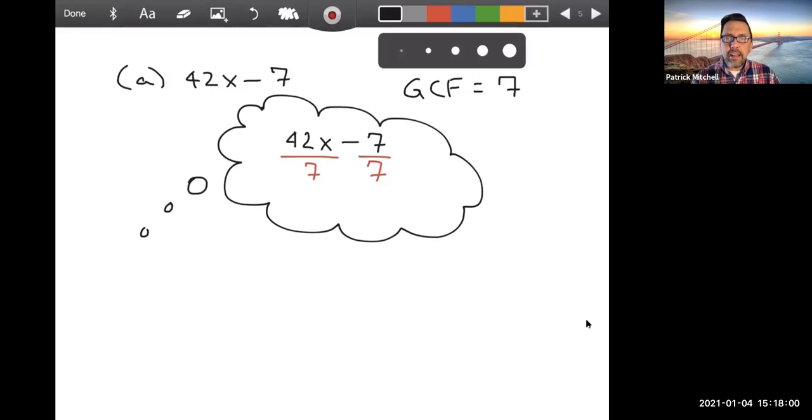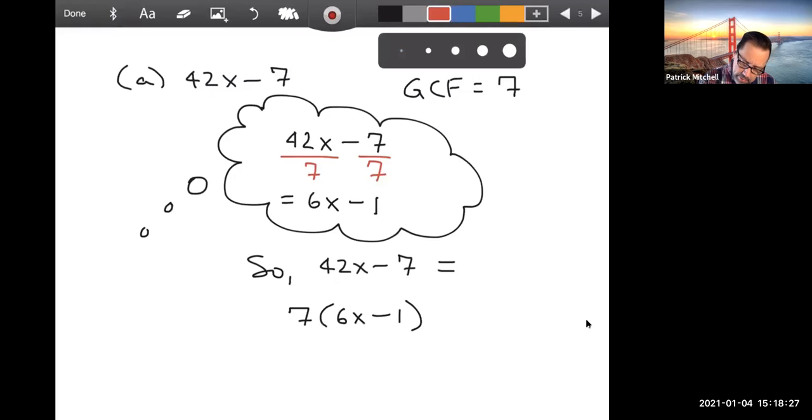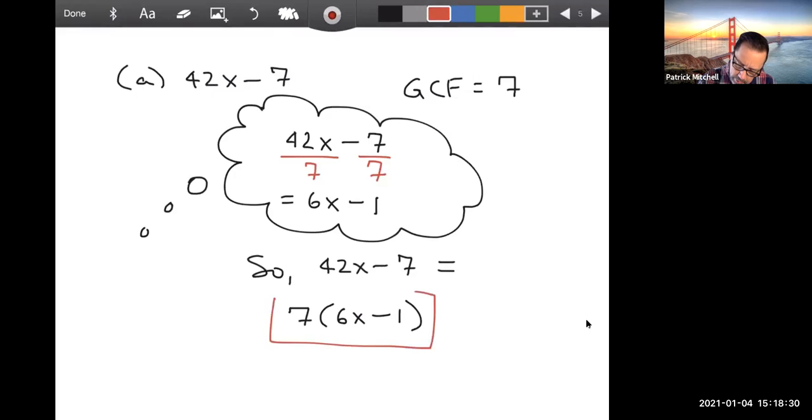All right, so if you divide those two terms by 7, you're left with 6x minus 1. And what we're looking at now are the two factors of our polynomial. So what this means is that 42x minus 7 factors into 7, which is the GCF, times 6x minus 1, and that is your final answer. So that's exactly how you're going to write your answer when it says factor out the GCF. All right, next,